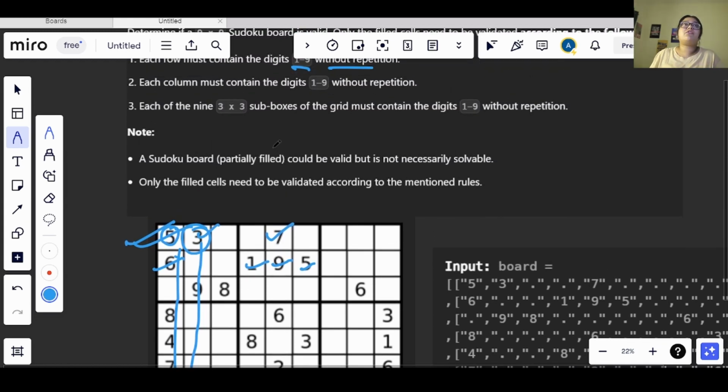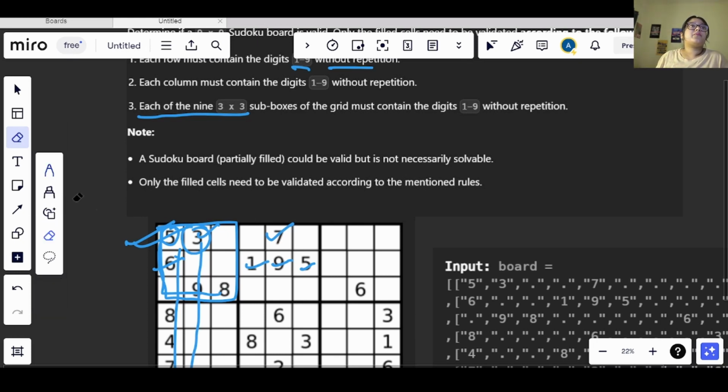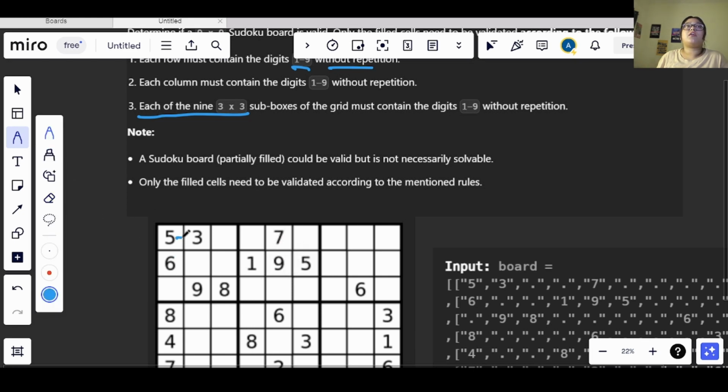After that we have to check one more condition, that each 9, okay, like we have a small Sudoku also, right? So this 3 by 3 matrix that we have, in that also the number should not be repeated, okay. So after verifying that we have a number which is not present in this entire row, and then we will be checking in this entire column, then after that we need to verify here also, okay, that in this 3 by 3 matrix the number is getting repeated or not.